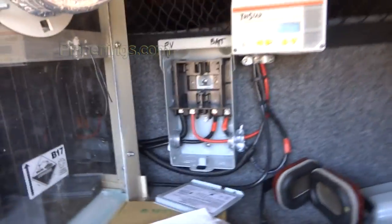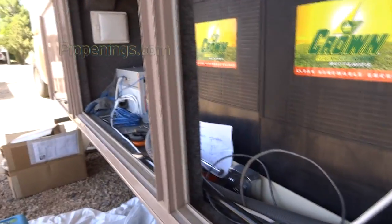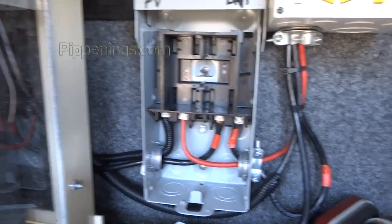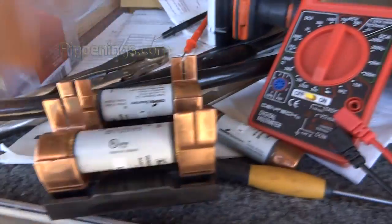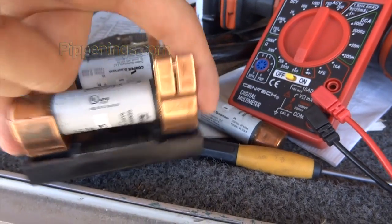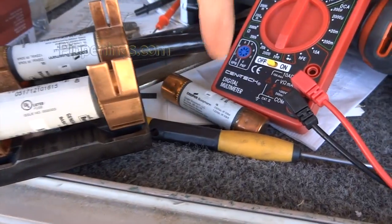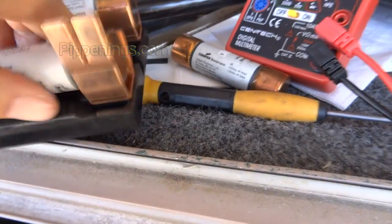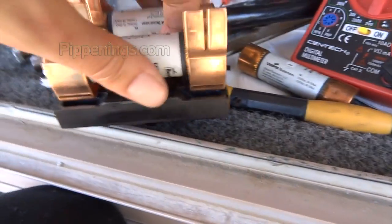All right, a little bit of headache going on. So, I got that side working, the battery inverter, I was getting power inside. And I look over here and the monitor's off, gosh darn it. So I thought, well, must be a fuse is blown. So I pulled out my fuses and tested the ohms of these guys with my ohm meter. The one between panels and solar charge controller is working, and the one between charge controller and batteries is not. I put in the second one, which I had for that, and it immediately blew. So I have gone back to the store, and these are quick blow, and what I needed probably was